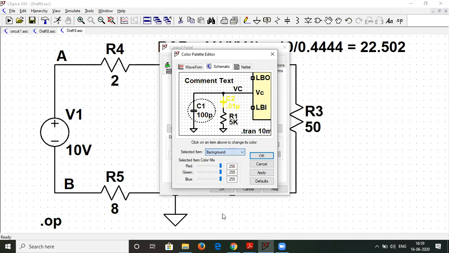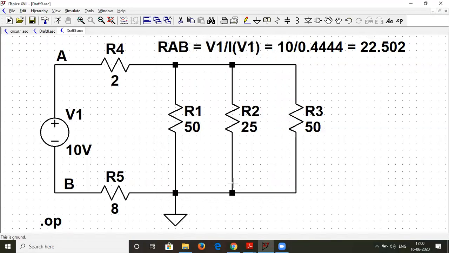Then the background. Select background from here and set it as 255. If I just change this color to 255, it will become white. So that's how to make the background white. Everyone has to use the similar thing. You have to keep the background as white with grid on, and keep the entire circuit in black as it is visible over here. Okay, is this understood? These are the settings which you need to make.